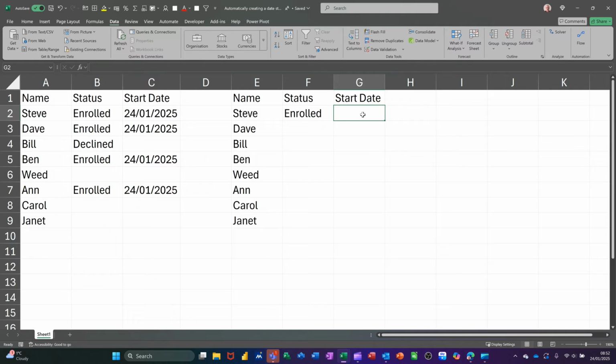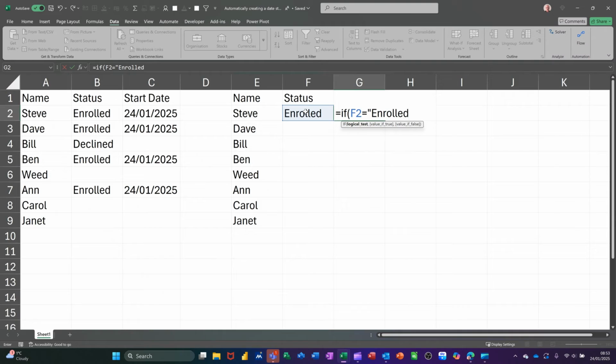So in cell G2, it's an if statement I'm going to use. So it's equals if, open bracket, clicking on F2. If F2 equals enrolled, and that has to go in quotes, comma, I want to use the text function and the today function to put today's date in there. So starting off with text, open the bracket. Then I'm going to put the function today in there, which is the computer clock, today's date, comma, and then